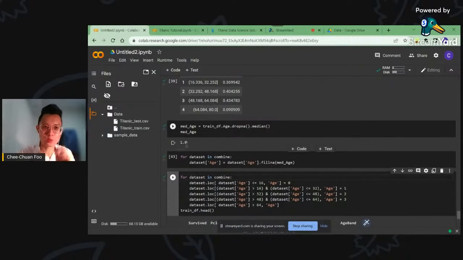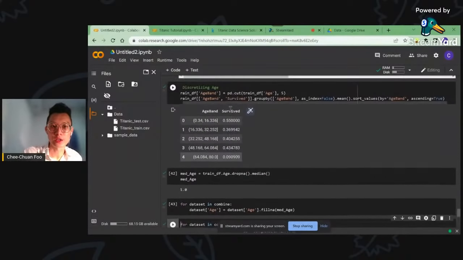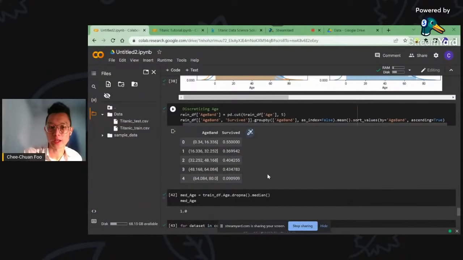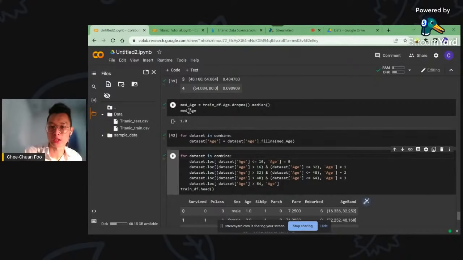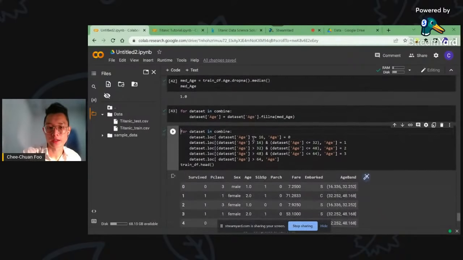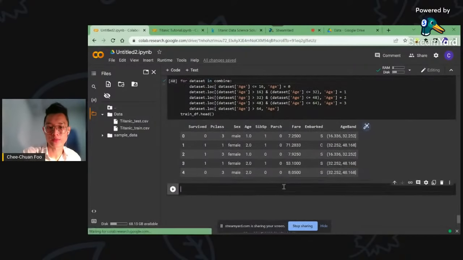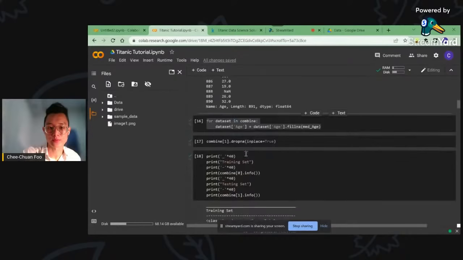Okay. The reason why the age is 1 is because I already converted it into age band. Yeah, I was supposed to run this before the 1, 2, 3. So it's going to show 28, and 28 is around this range. Okay. But yeah, now that we have run this, we check our